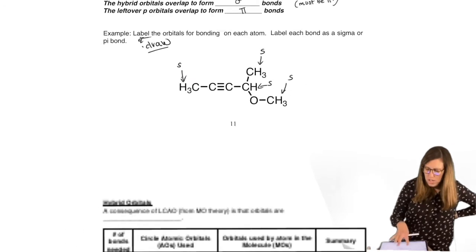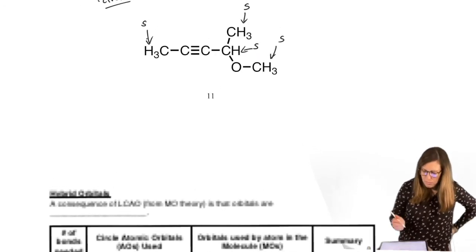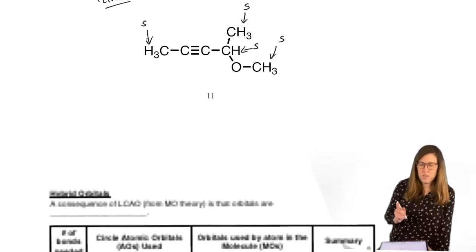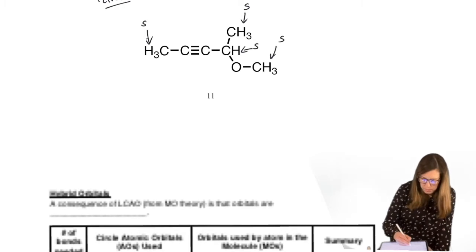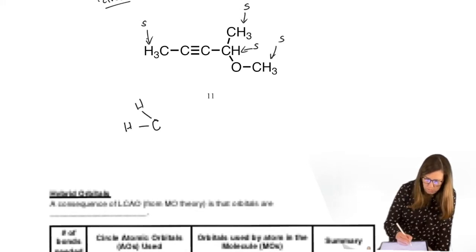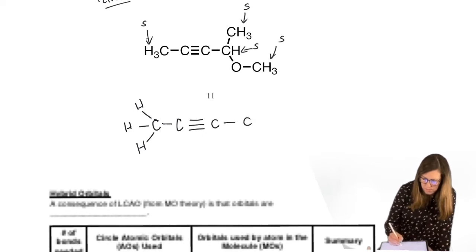Now, if you're not sure how to label those carbons, let's start drawing what's going on here first. Then we'll try to label them. So there's a carbon, and it's making a sigma bond with 3 H's. And then it has another bond to another carbon. Triple bond to carbon. I'll draw out all the bonds.